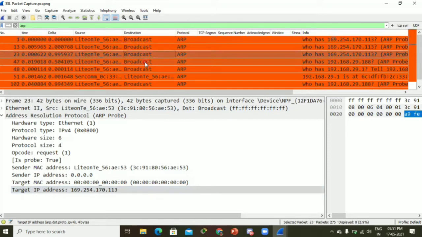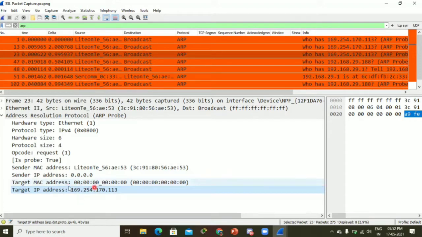the ARP probes of APIPA range. So when the DHCP server is not available because of some reasons, the server might be busy or the server might be down, in a situation like that, APIPA, which is automatic private IP addressing, will provide an IP address, which means the PC or the laptop will assign an IP address itself from the range 169.254. From this range, the laptop or the PC will assign an IP address.